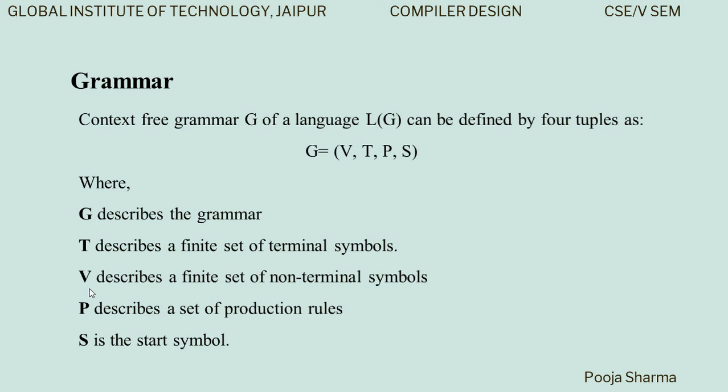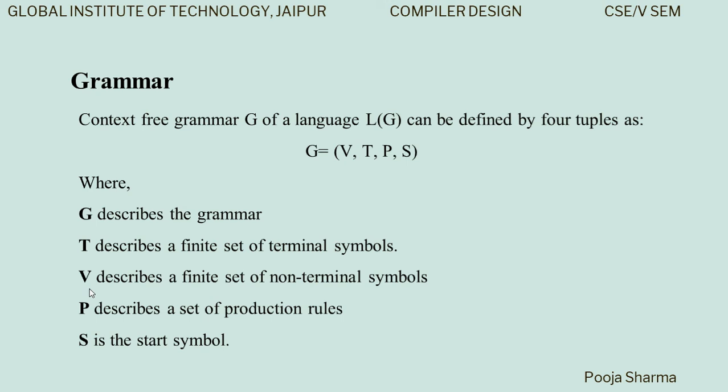to get the overall parse tree. Then apart from V_N and T, the sets of non-terminal and terminal symbols, we have a set of production rules for the grammar. Production rules tell us how we can proceed with the non-terminals, how we can replace non-terminals by a set of terminals or non-terminals, and so on. And S is a start symbol, a special symbol in the set V_N of non-terminal symbols. It is also called the start symbol of the grammar.